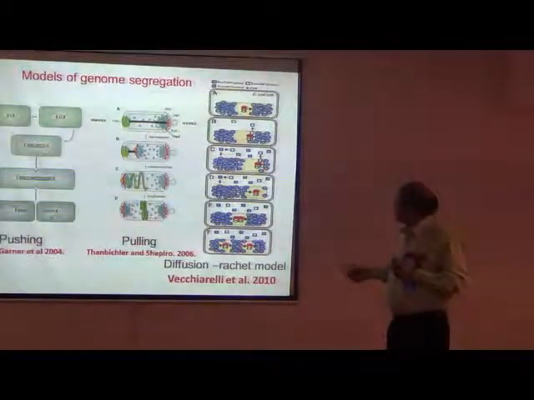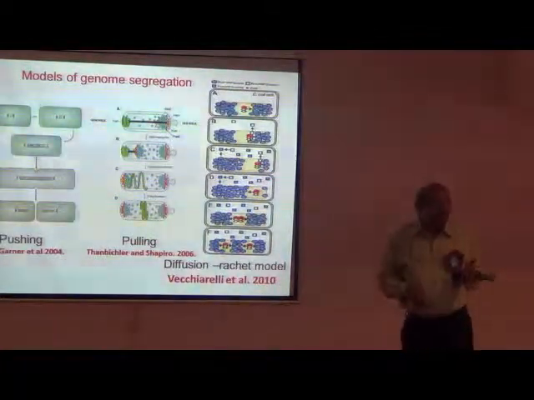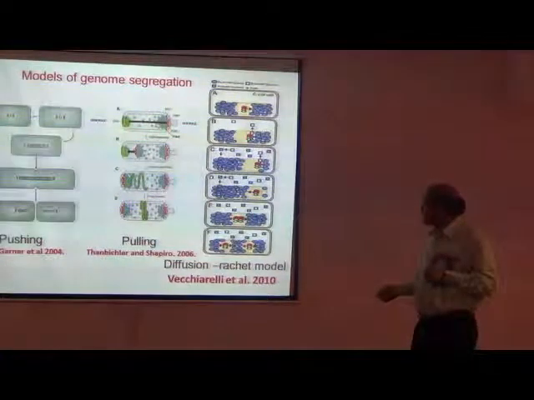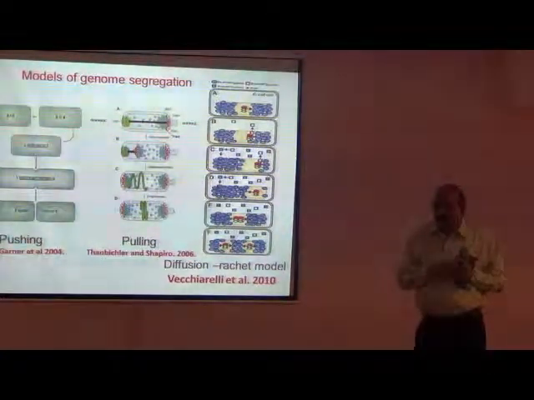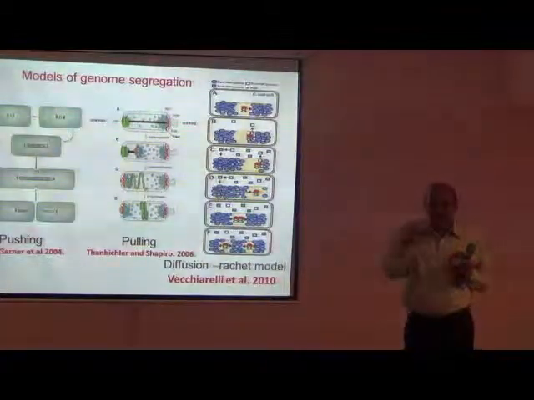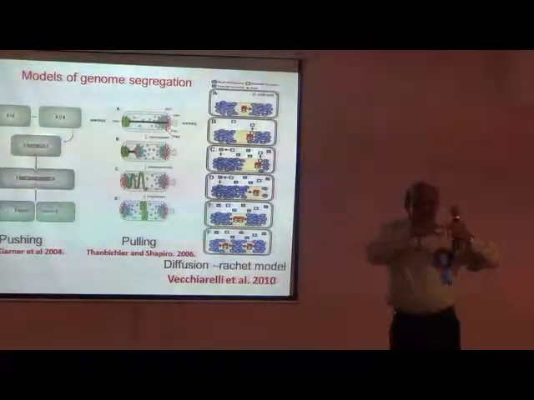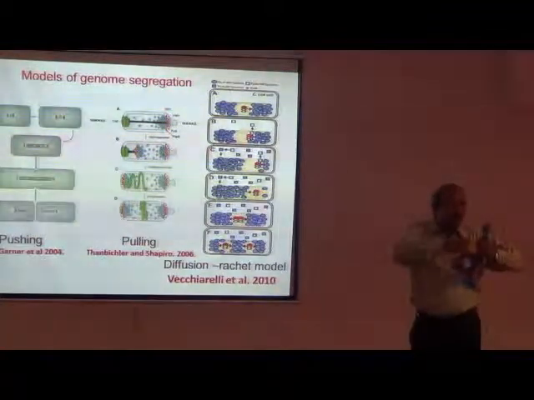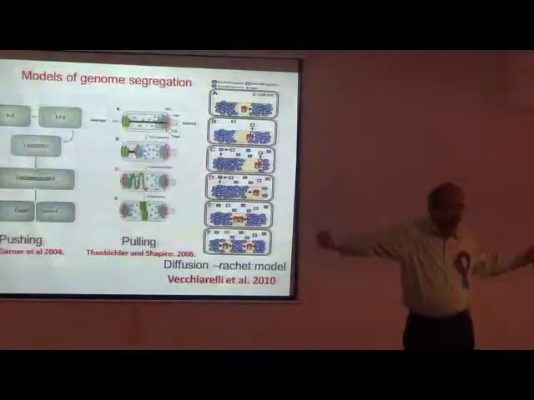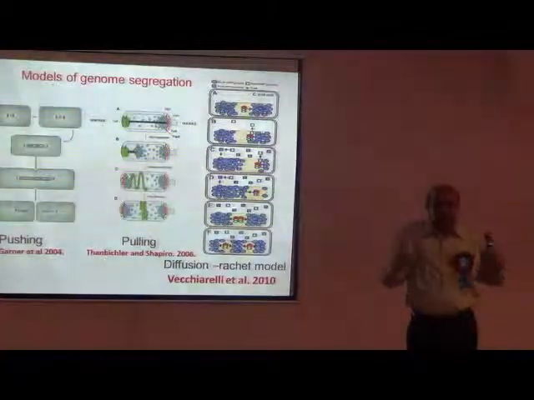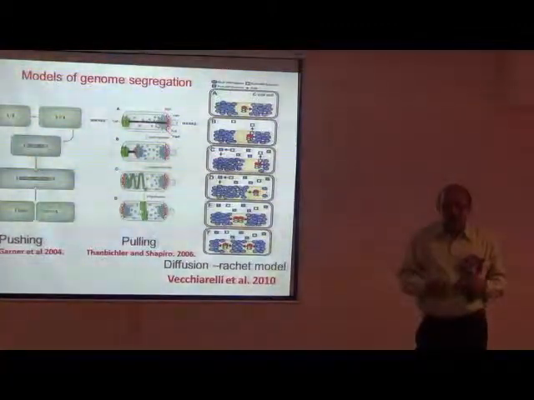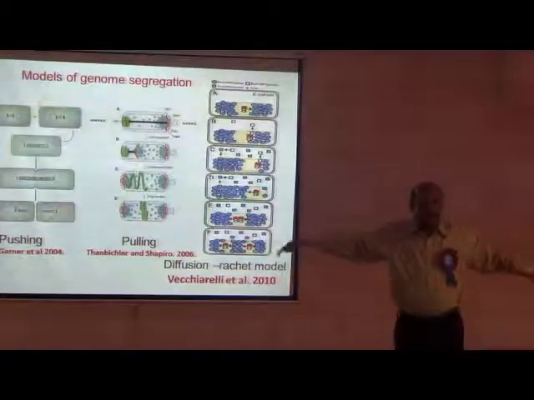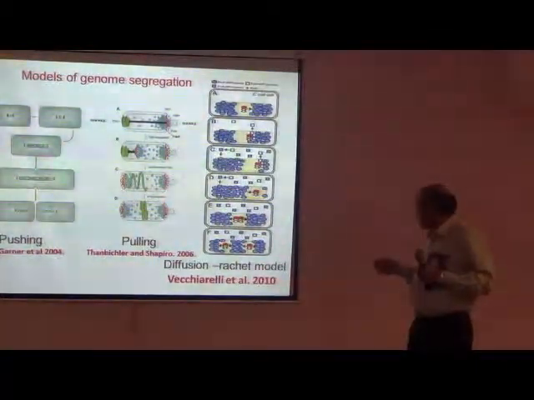I will not describe it in detail. There are two kinds of mechanisms for segregation in bacterial systems. This has been modeled. One is called the pushing mechanism, the other is called the pulling mechanism. This is what people have hypothesized. In one case, when the genome gets duplicated, one copy becomes two copies, and in certain bacteria both copies are being pulled to the two poles. And in some bacteria, people have demonstrated that they are not being pulled, rather pushed apart. So that's called the pulling mechanism and the pushing mechanism.